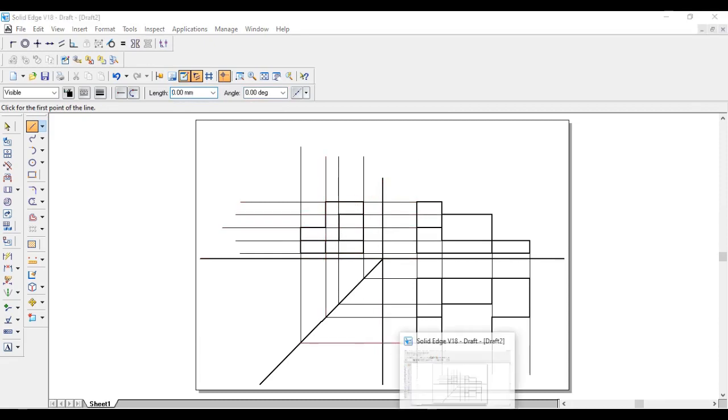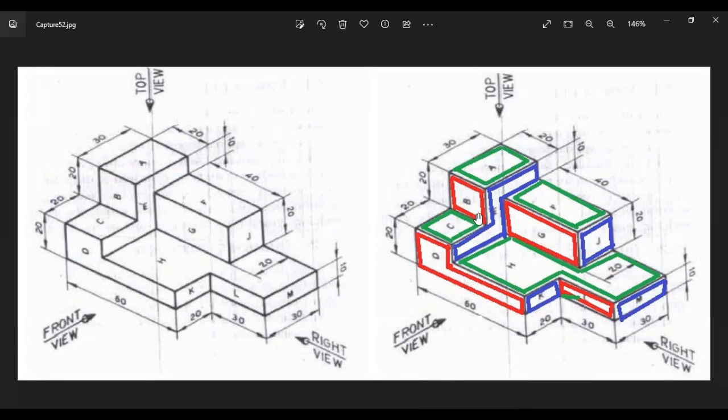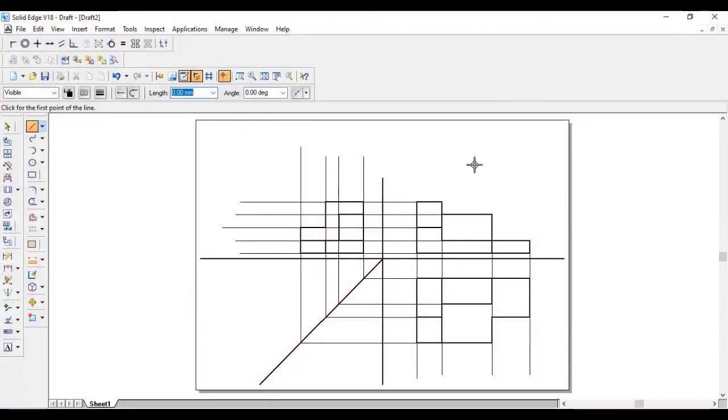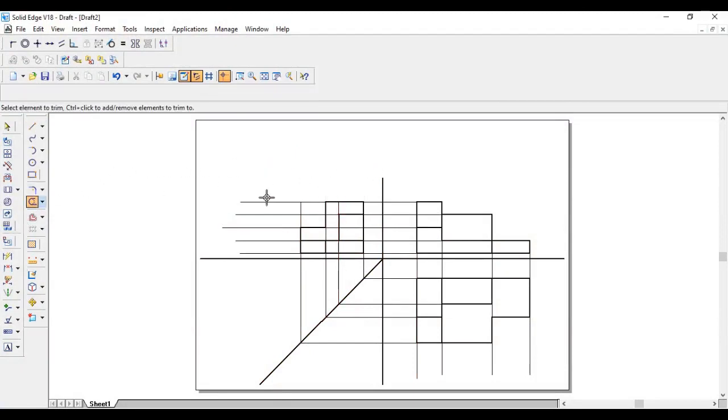After that one, you come to the last portion. Yes, we have reached. That is the answer. J portion we have covered. M portion, K portion, and this Z portion is covered here. It is left open. So this is our final. So you just trim the unwanted lines. Just trim the unwanted lines